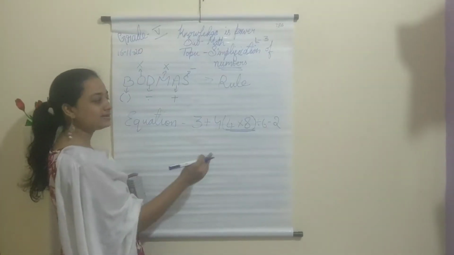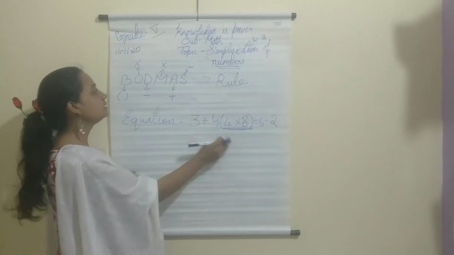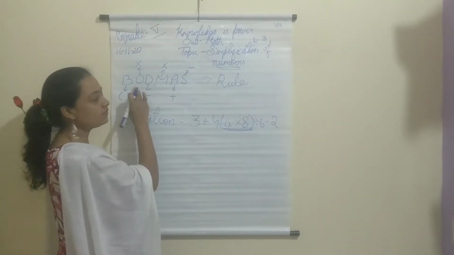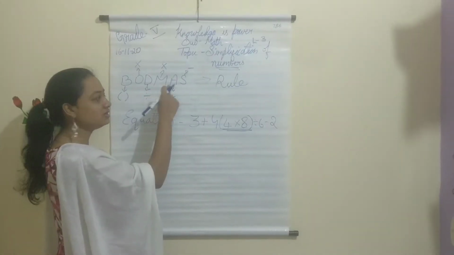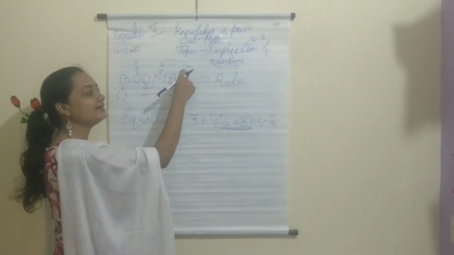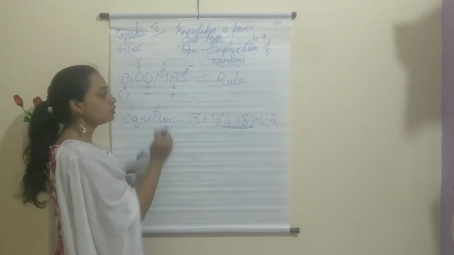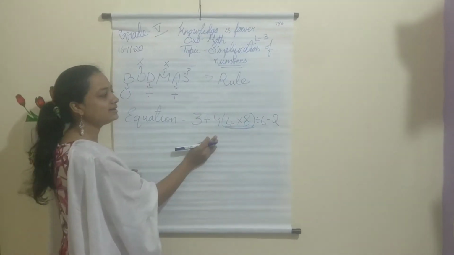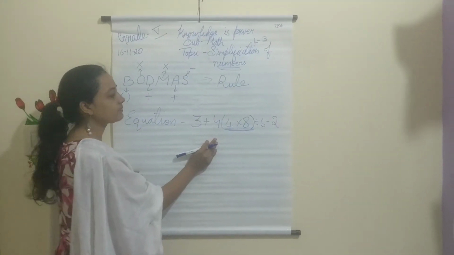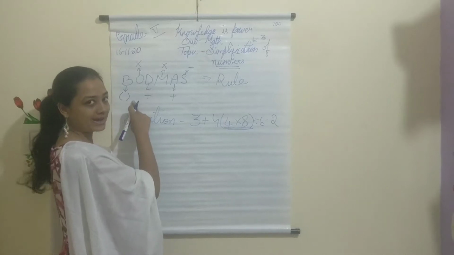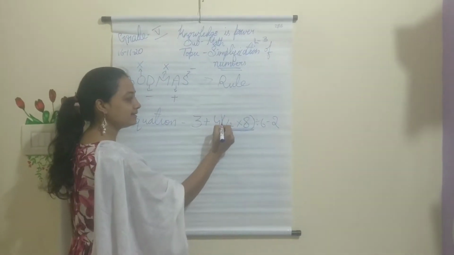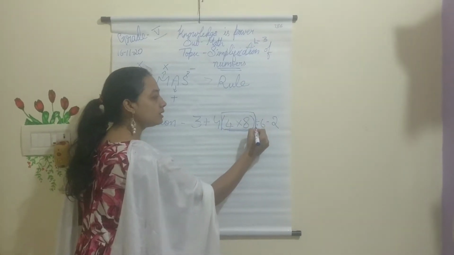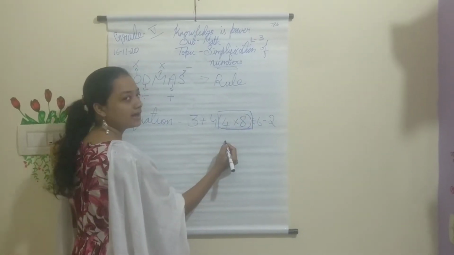This you will understand as I solve the problem. Next, after off, we go for division. Next is multiplication, addition and subtraction. So to understand these rules, let us try the sum first. So first I should start from brackets. I am going to take the two numbers inside the bracket here. These two numbers. What is the answer for that?